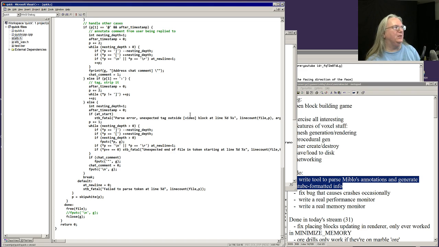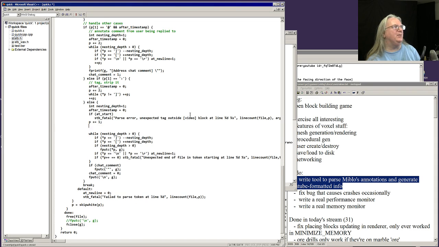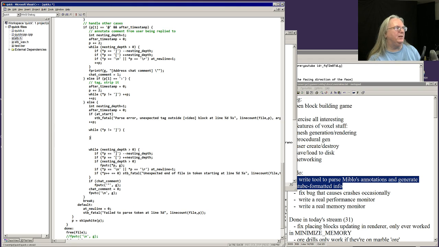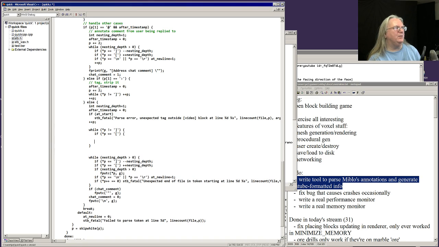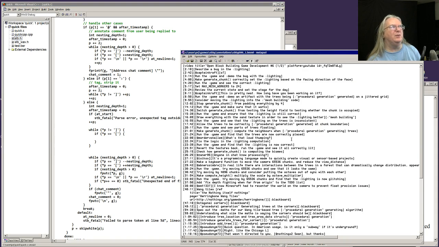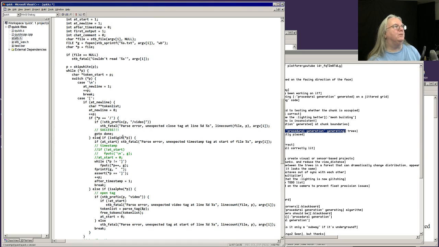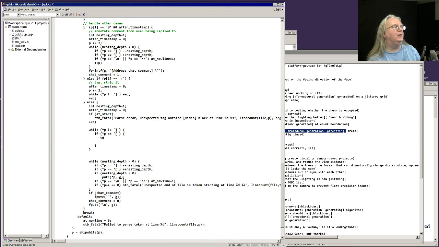So the way this works is, well, let's keep the code that's here for now. Why is that +1? That's weird. While star p does not equal the end token, then we're going to have if this, then we've hit a nested one. And what do we do with nested ones? I believe with nested ones we call that token parser. There's one kind of nested one. Are there other kinds of nested ones? Yes, there's that. And there was the name one also. Yeah, okay, so we call the token parser